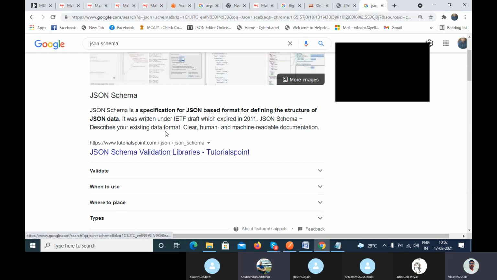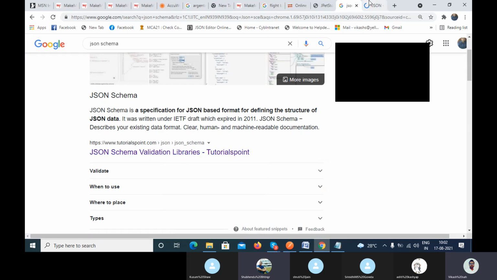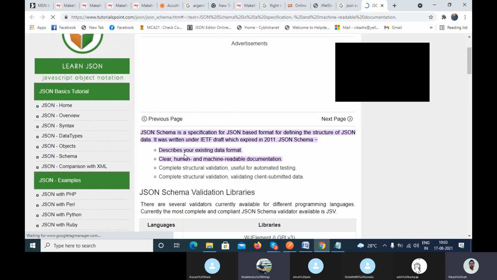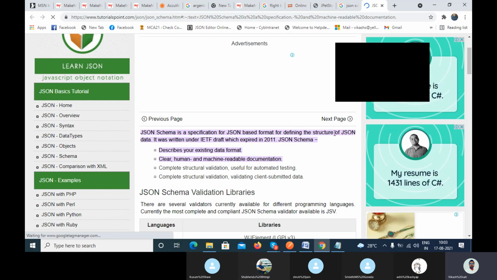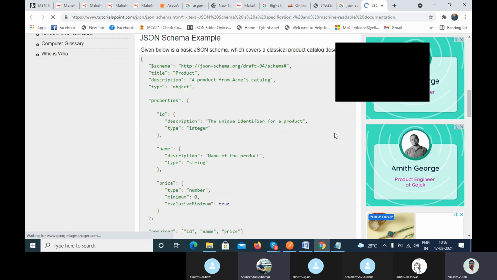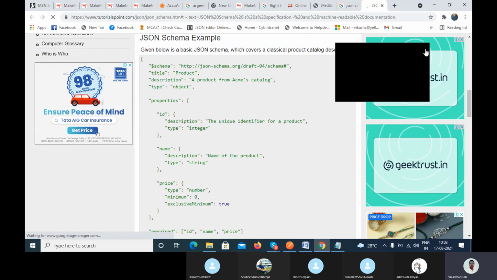Yeah, here you can see, if I open one tutorial, the JSON schema is a specification for a JSON-based format for defining the structure. Okay, so this is what your JSON schema looks like, which the developer